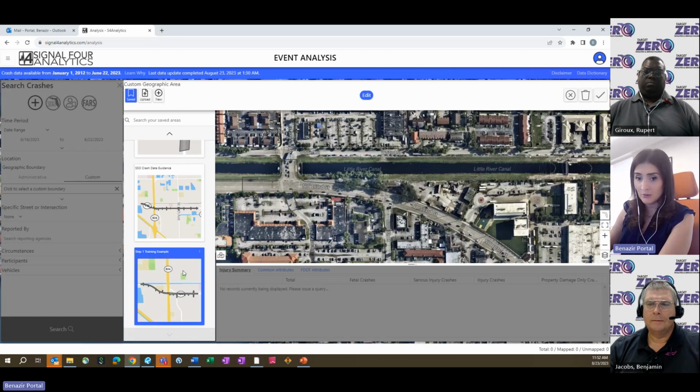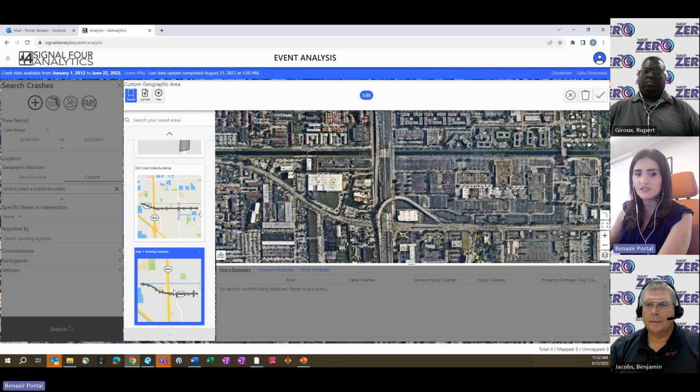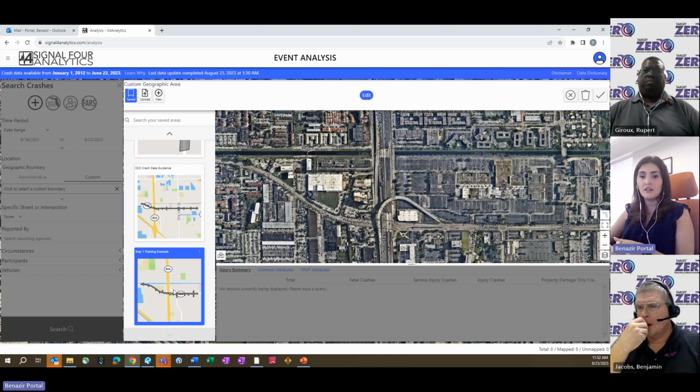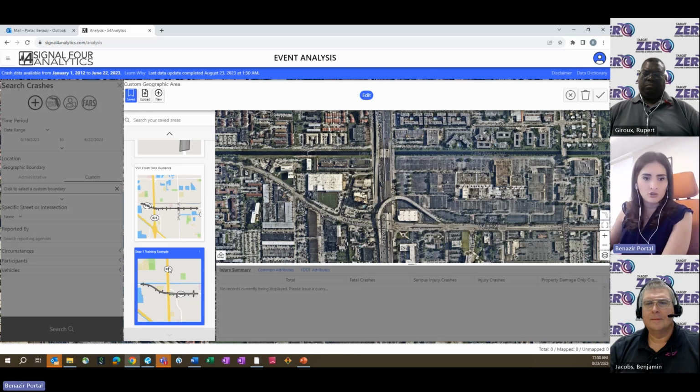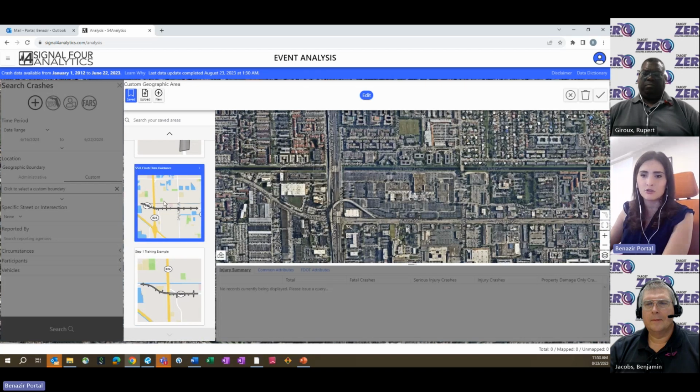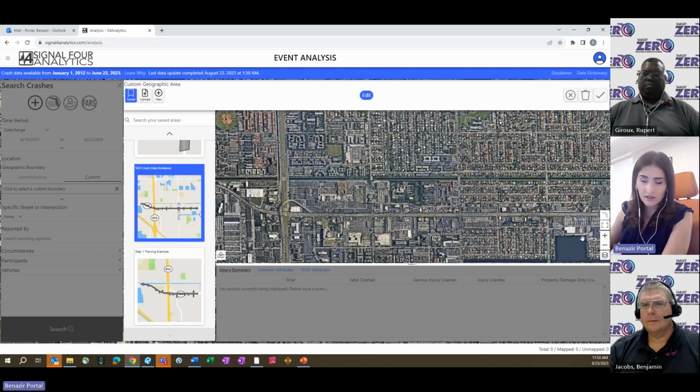And oftentimes what could happen, you could select your project boundaries, the project goes through its design phase, you have a public meeting, and there's additional feedback from the public that requires you to re-download crash data to cover the most recent. So if you're not saving your boundary, that could create discrepancies on the data output that you're getting. So I highly encourage folks to take advantage of this feature where you can save the boundaries within the Signal 4